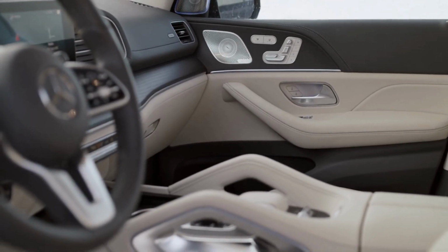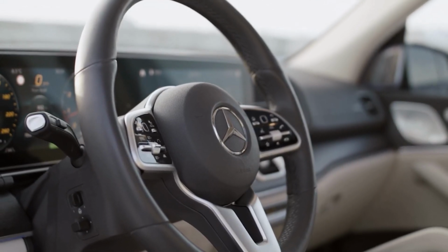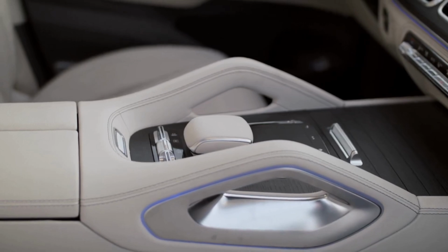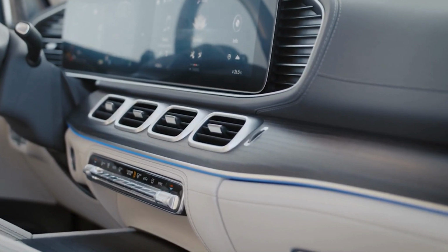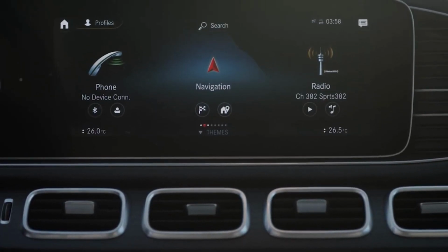The class and style of the redesigned interior of the new GLE SUV begins in the spacious cockpit, with a newly designed steering wheel, rugged squared air vents, prominent grab handles, and fully customizable 64-color ambient lighting. The GLE's ample dash features dual 12.3-inch high-resolution touchscreen displays that come equipped with the latest generation of our MBUX